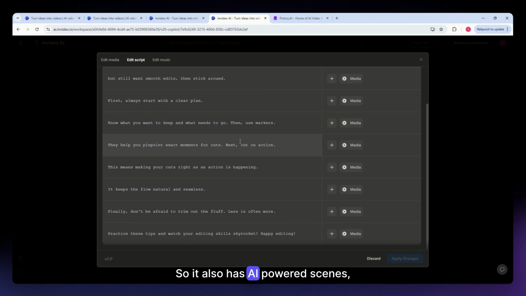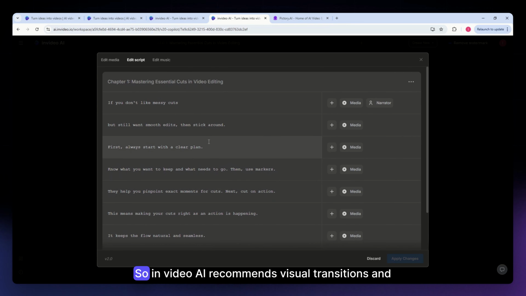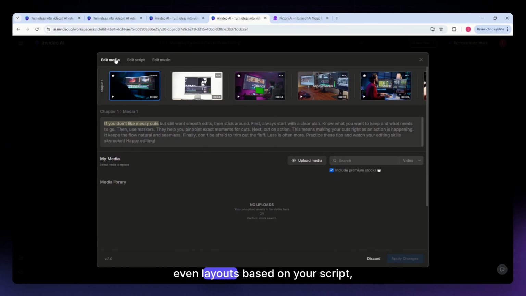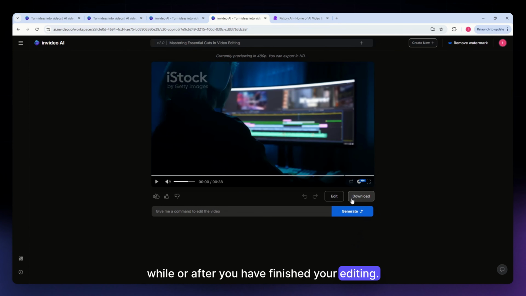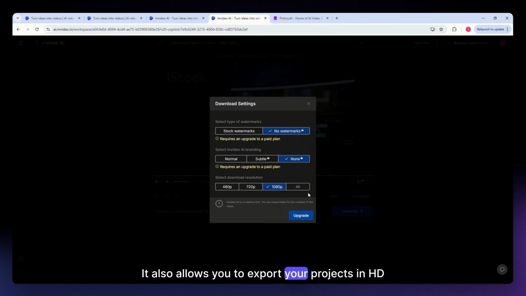So it also has AI-powered scene recommendations. So Invideo AI recommends visual transitions and even layouts based on your script, helping you create high-quality videos faster. And after you have finished your editing, it also allows you to export your projects in HD, and